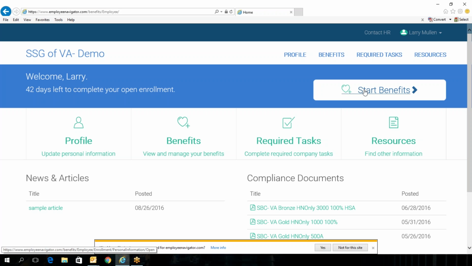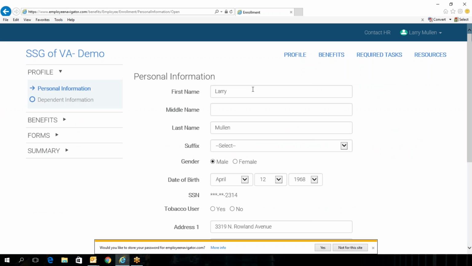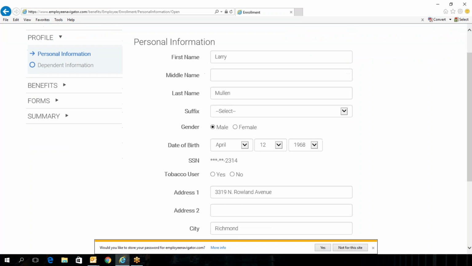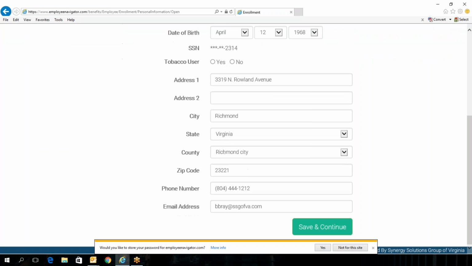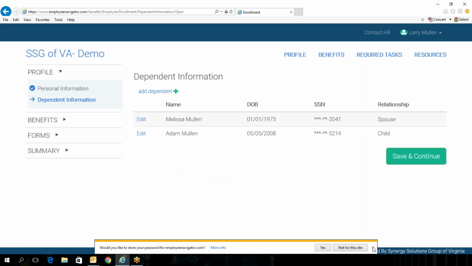So the first thing that we're going to do then, obviously, because we're dealing with open enrollment, is to research our benefits. So the first thing we are going to do is click on Start Our Benefits. Now, we're always going to want to review our personal information to make sure that this information is still accurate. There wasn't any type of demographic changes that occurred in the year, such as moving, that we did not report. So everything is accurate. We are now going to save